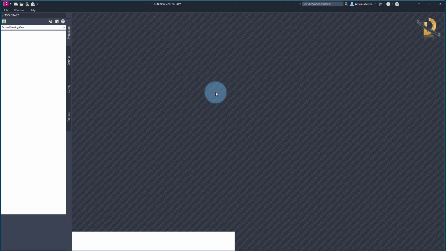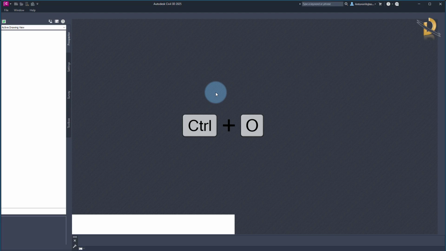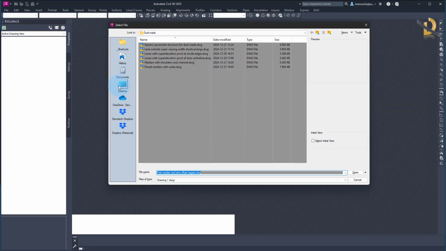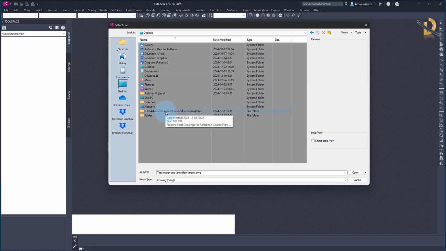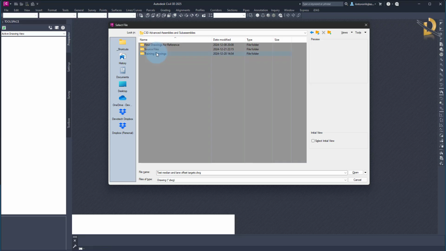Let's open the drawing median with shoulders and channels. Go to File, Open, or press Ctrl O. Go to our training folder, Civil 3D Advanced Assemblies and Subassemblies, Training Drawing, Dual Roads, and open median with shoulders